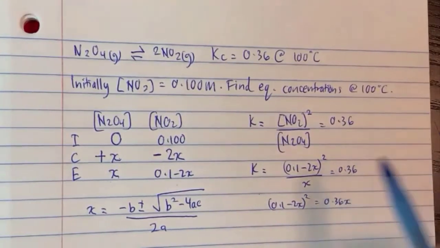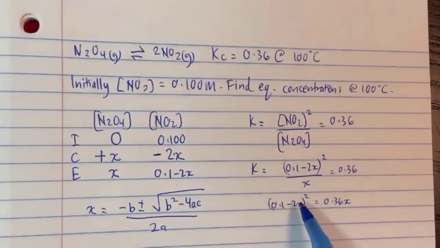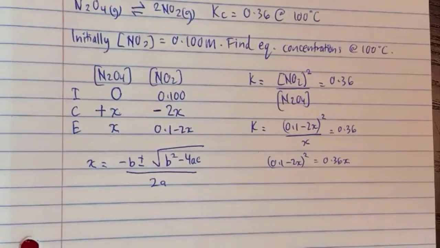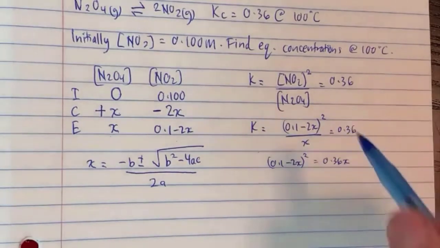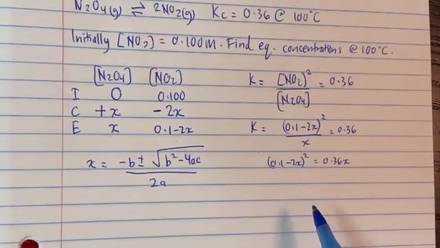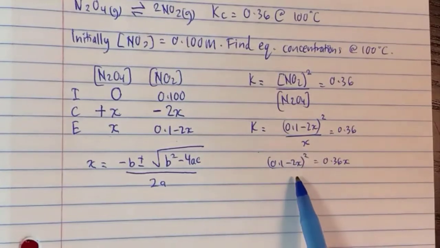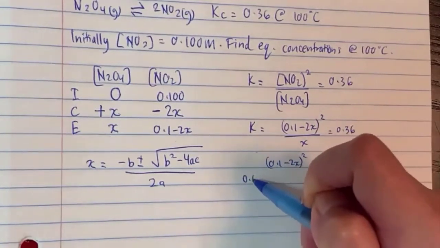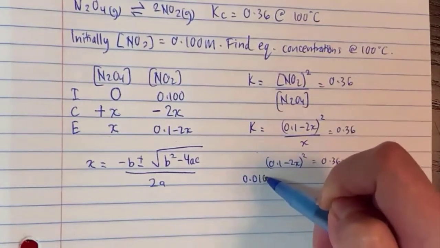Okay, then I'm going to open it up. I think you guys call it FOIL, but I just learned it with a formula, basically a squared, b squared, and 2ab. But whatever you guys did, okay? So you do this foiling here, and I'm going to get your answer out. So a squared,